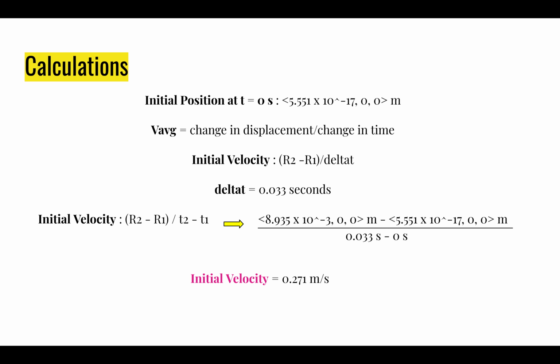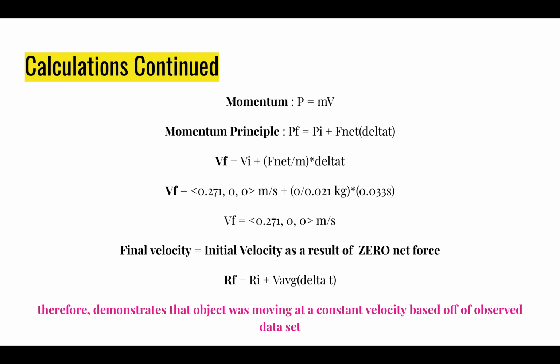The initial velocity came out to be 0.271 meters per second, which I got from subtracting the initial position, 5.551 times 10 to the negative 17 meters, from the second position, 8.935 times 10 to the negative 30 meters, divided by 0.033 seconds minus 0 seconds. We can use this information to utilize the velocity update formula, which can be solved for by dividing the momentum